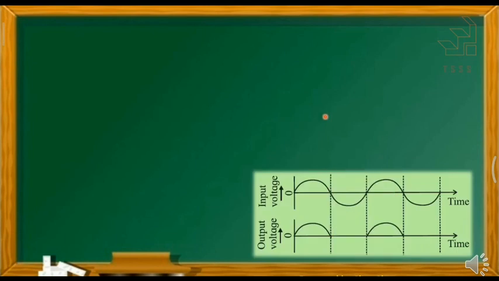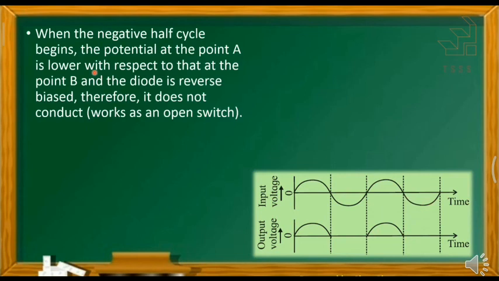See here the input voltage. This is the AC source, like this with respect to time. During the positive half cycle, the diode behaves as forward biased. During the negative half cycle, the diode is reverse biased. In reverse bias, there is no current and there is no voltage. At the next positive half cycle, passing through the PN junction diode, we can get the current or voltage. The remaining negative part passing through the diode is ignored.